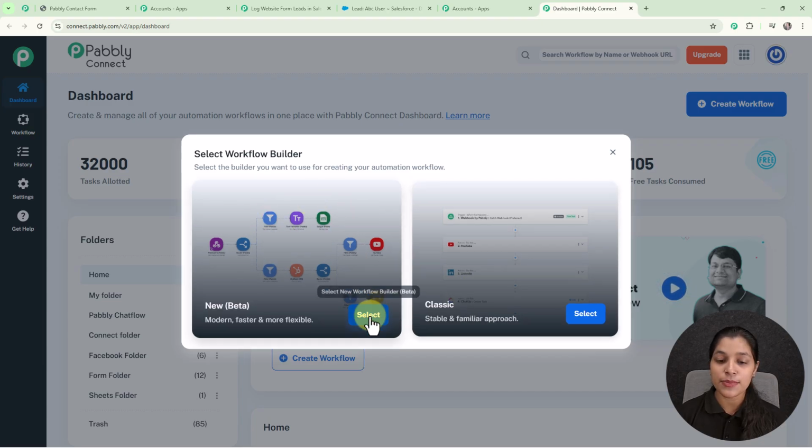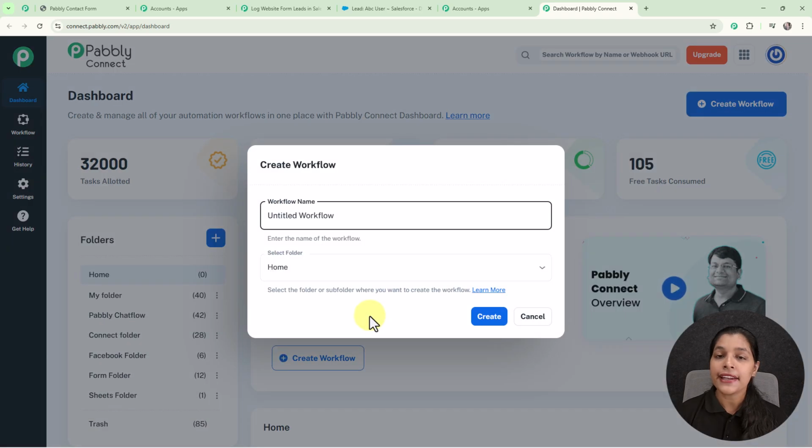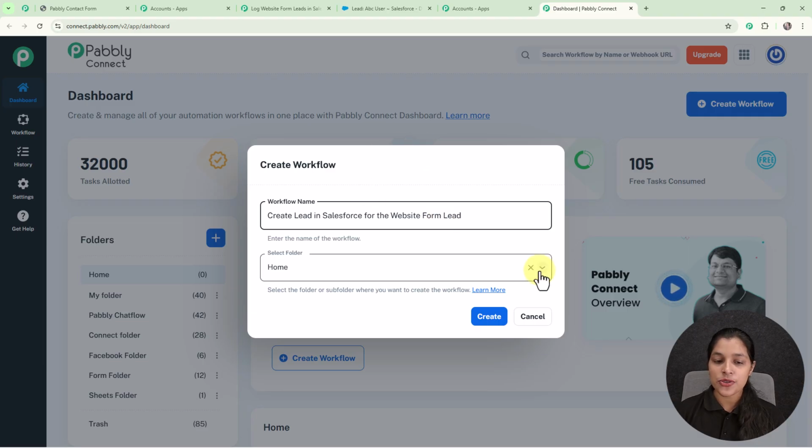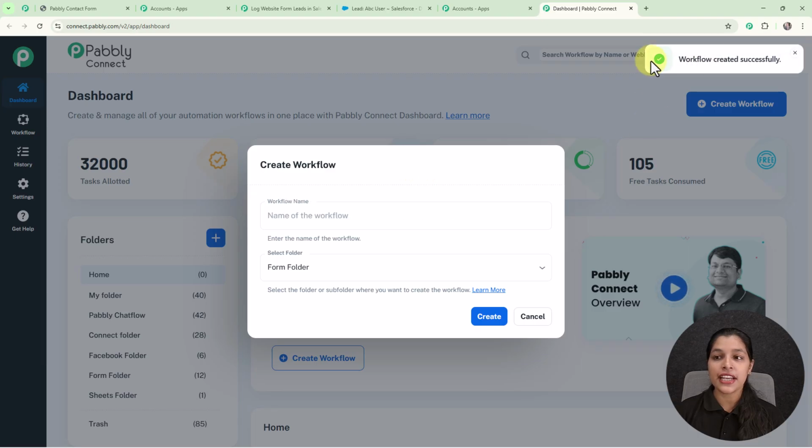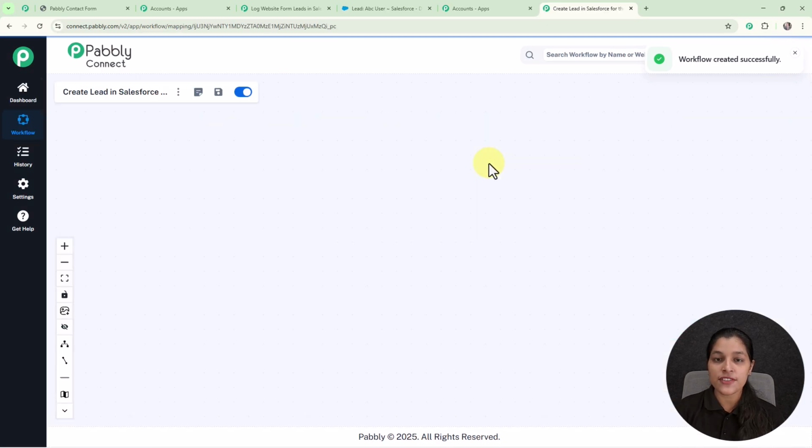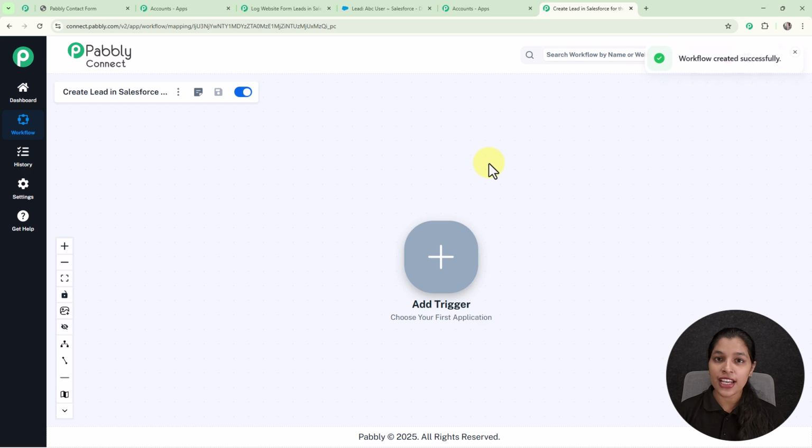So for that, you simply have to click over this select button, and you will be getting the dialog box where you have to provide the workflow name. So now I am going to provide my workflow name as create lead in Salesforce for the website form lead. And afterwards, I am going to select my folder as form folder. Now we simply have to click over this create button, and here you can see we are receiving this pop-up which says workflow created successfully, and we are landed to a workflow page where we are getting the option for